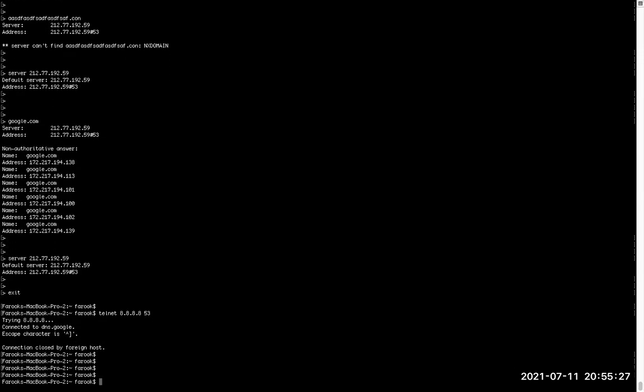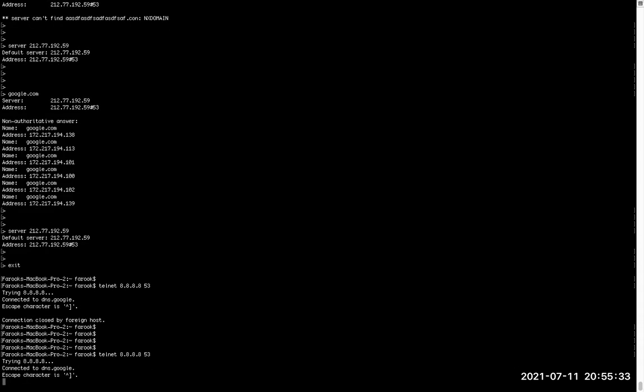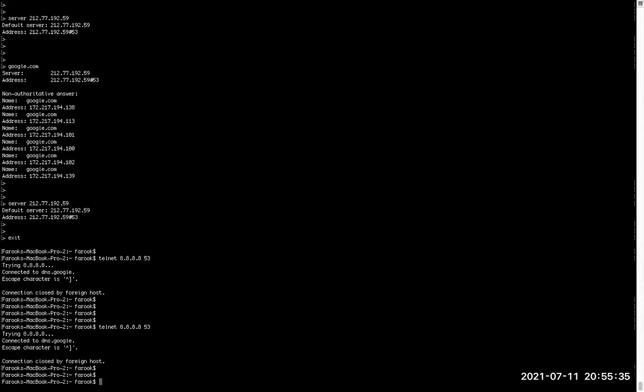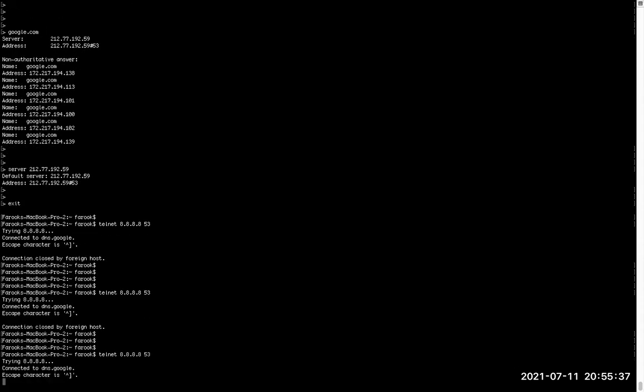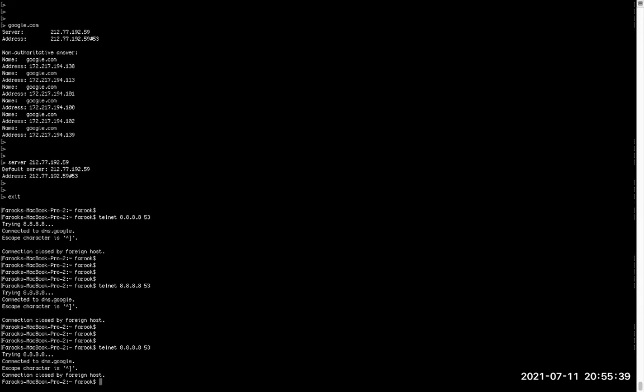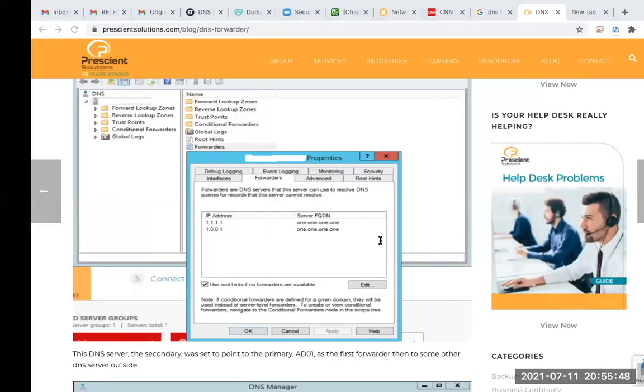It's just telnet. I'm sure many of you know that. Maybe some of you don't understand why you are using telnet like this, but this way it will open. So if port 53 is not opening from your server, it's an issue. It cannot contact. Maybe you have a firewall issue or something.